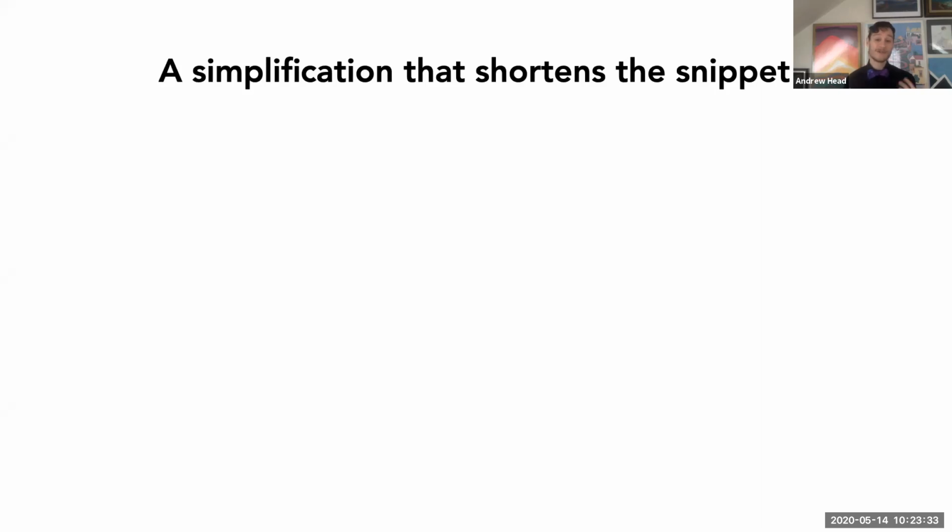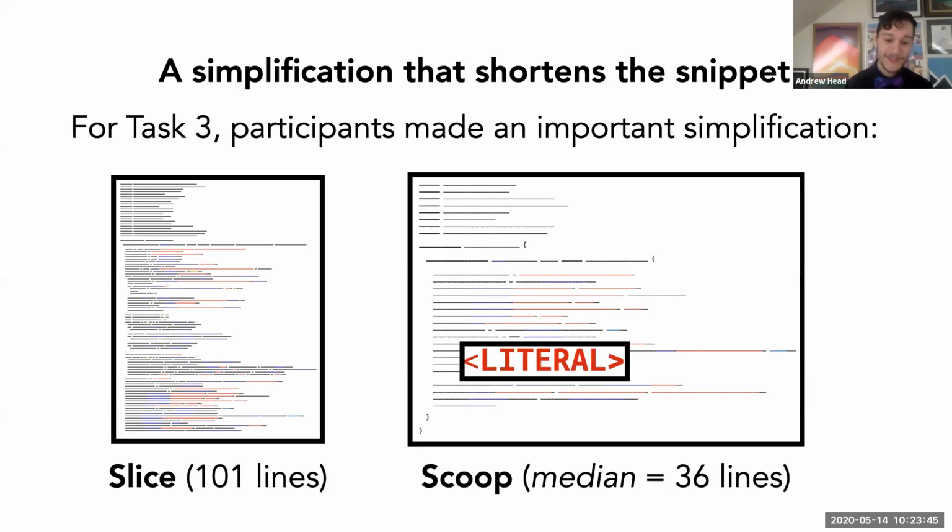To give you a sense of some of the power that simplifications can have in CodeScoop, I want to show you an example of a snippet created both with an automated tool and with CodeScoop. For task 3, participants consistently were capable of producing a scoop that was shorter than a conservative slice would have been. The slice would have been 101 lines long, and the scoop was 36 lines long, because most of the participants recognized that there was a line in that code